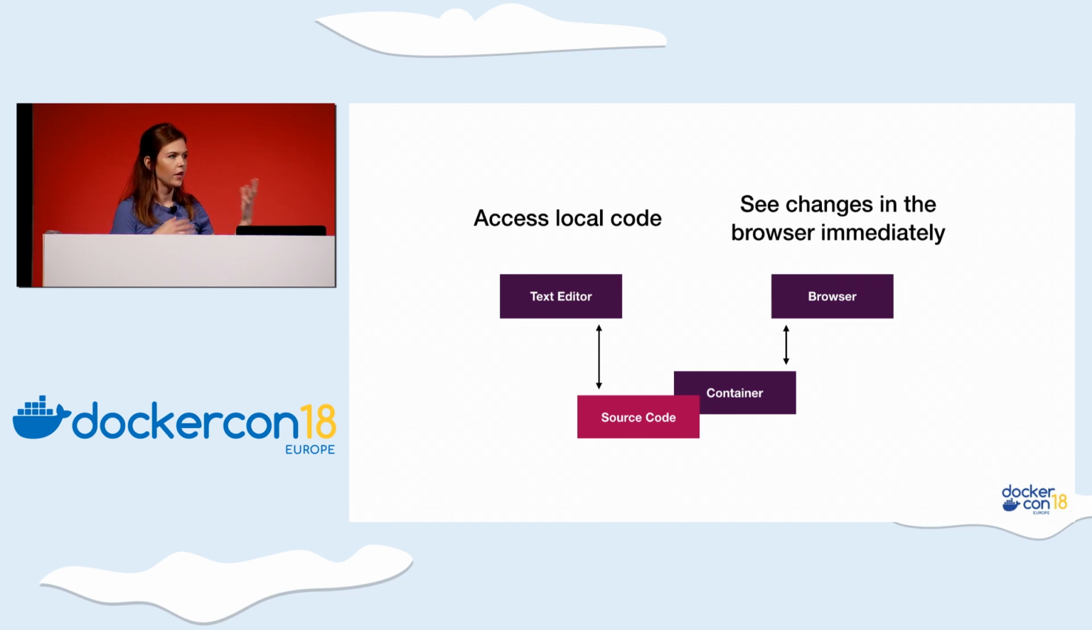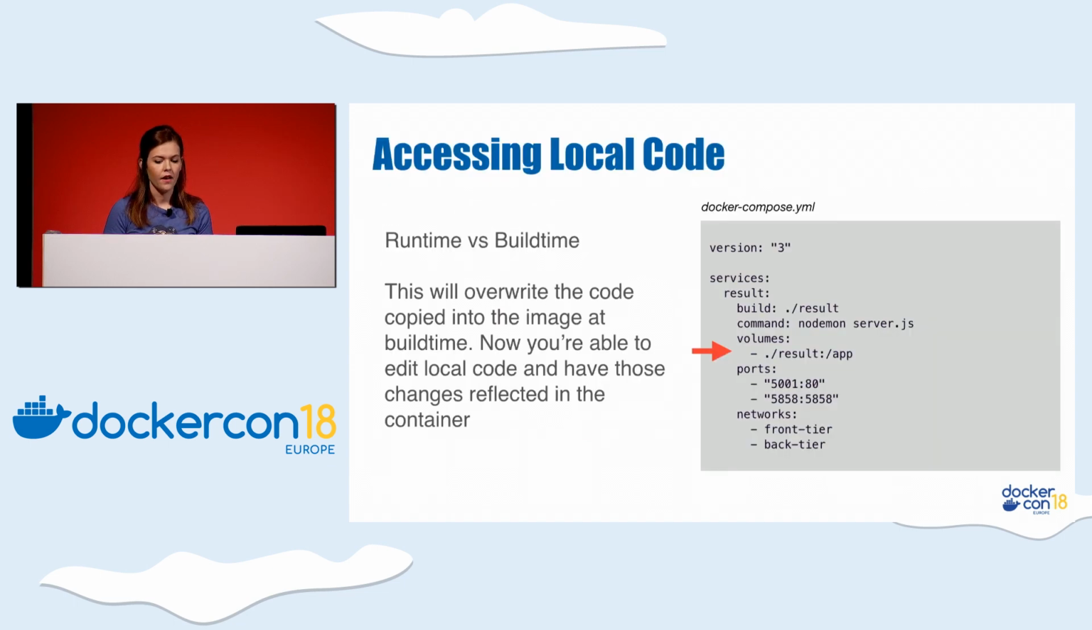So over here, you'll have some kind of text editor, whether it's Vim or VS Code or whatever you're using. You want to use your text editor to edit that source code. But that source code is in a container, and somehow it needs to get to the browser. We need to do a little bit of connecting the dots, and we want to see those browser changes immediately. We want to do this without having to restart containers or having to issue more commands on Docker Compose. And the way that we can do that is basically putting your local code and mounting it inside of